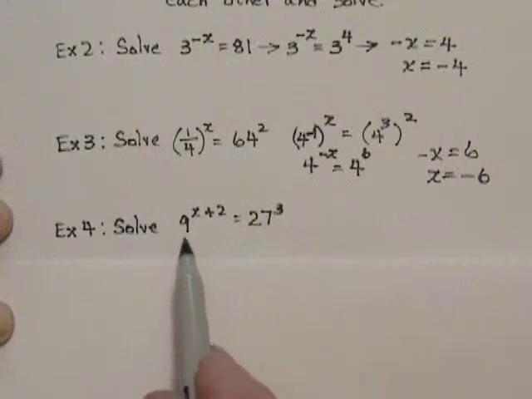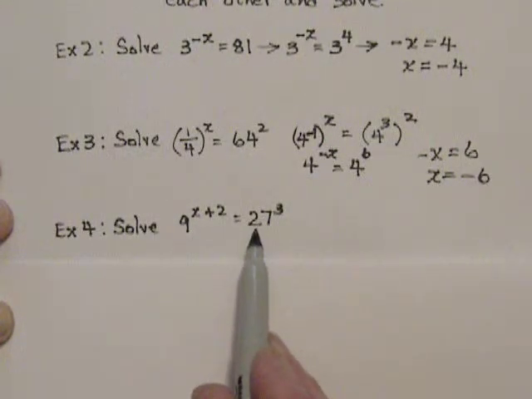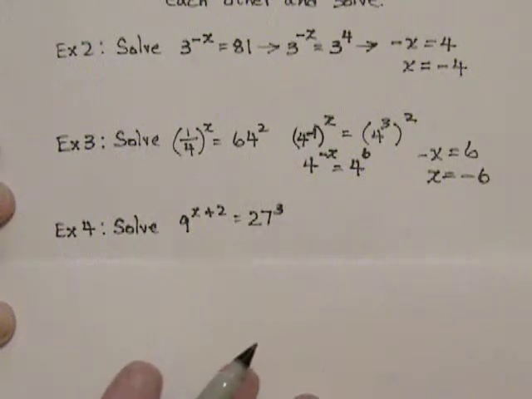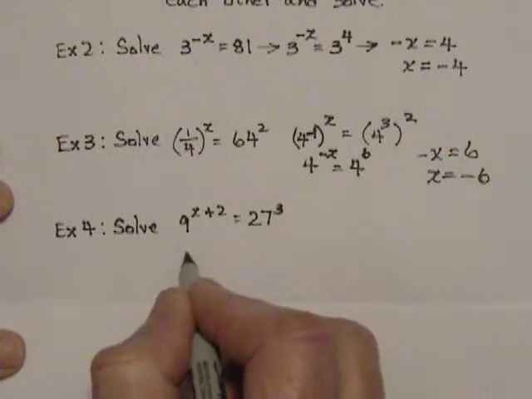But I can use 3 because 9 is a power of 3, 3 squared, and 27 is also a whole numbered power of 3, in other words, 3 cubed. So what I'm going to do in this case, I'm going to write, in terms of 9, I'm going